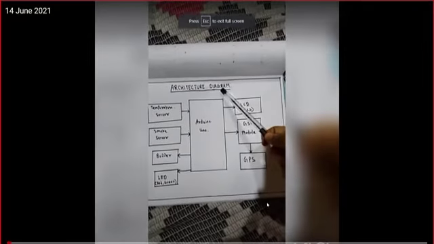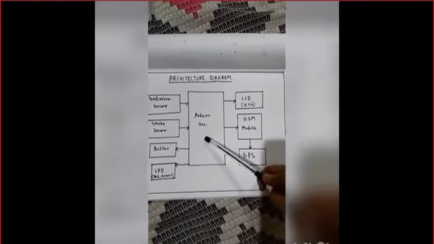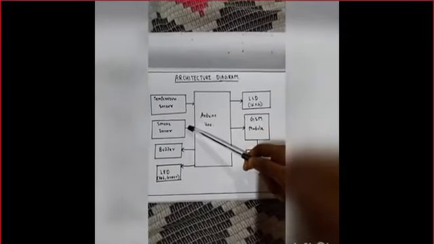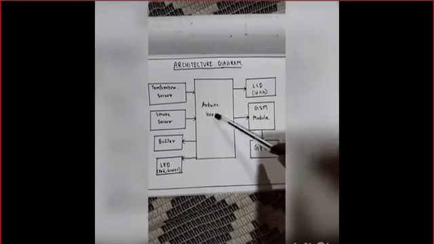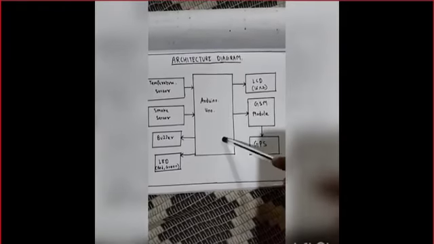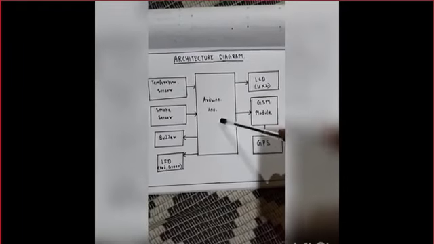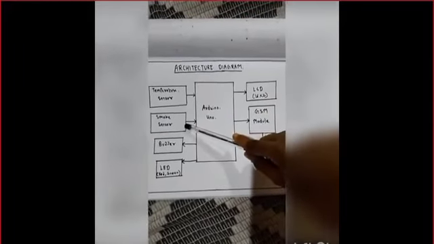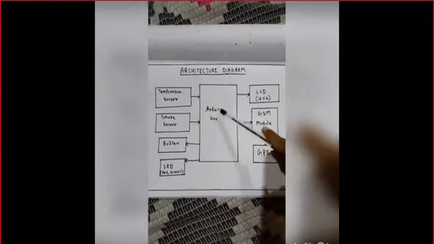So this is the architecture diagram of our project. In our project we will be having Arduino, and in Arduino we will be connecting temperature and smoke sensors. We will be setting a default temperature of 80 degrees Celsius, and if the temperature sensor and smoke sensor detect a temperature greater than 80 degrees Celsius, it will be considered a fire accident and send